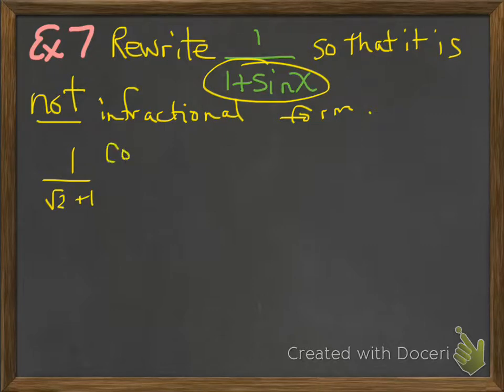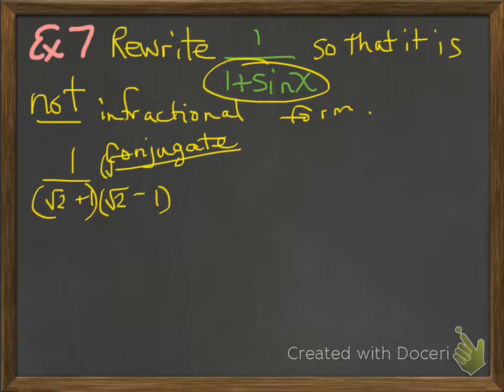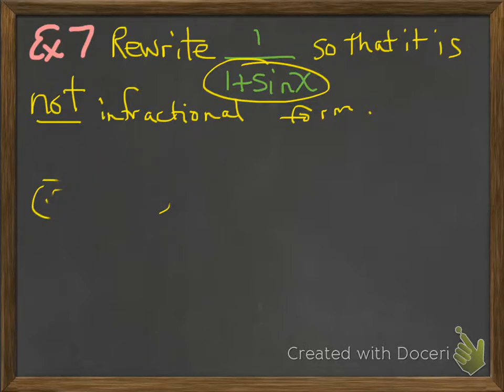We would use what's called the conjugate. So I'm going to multiply this by its conjugate, which is the exact same two values but with a different sign in the middle, and then I would do that. Okay, now knowing that, let's go ahead and use that conjugate